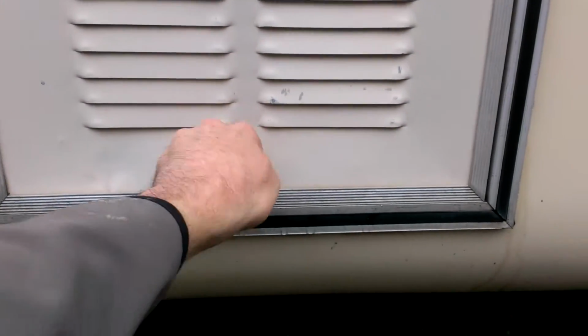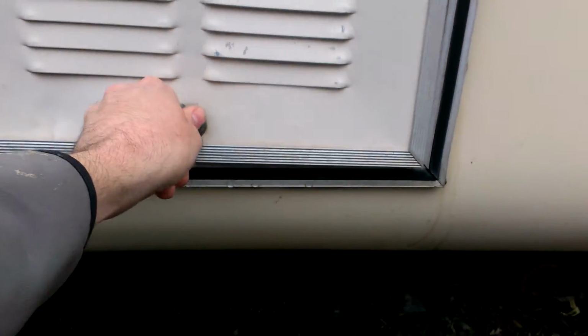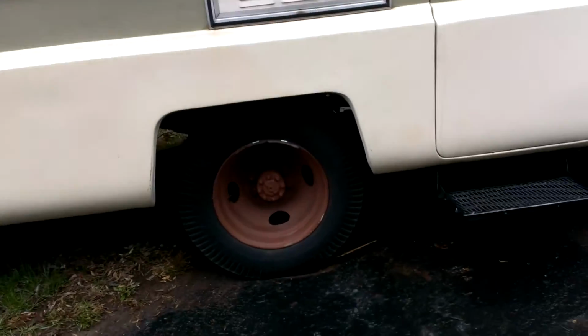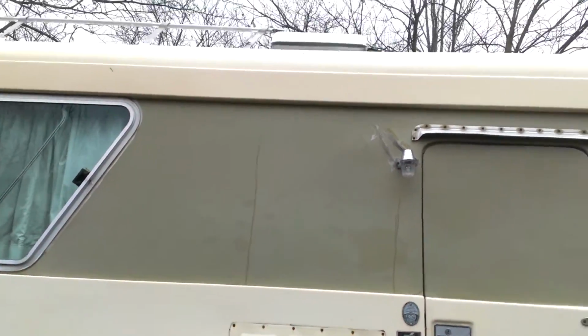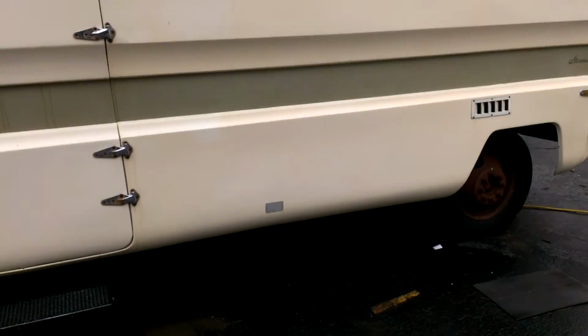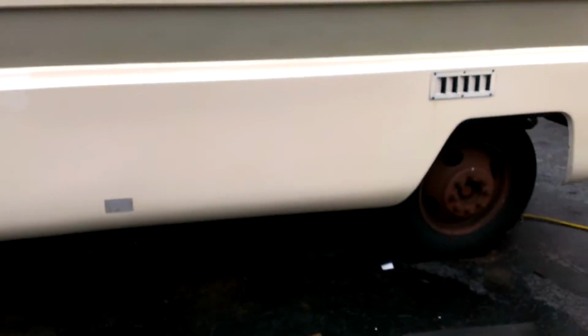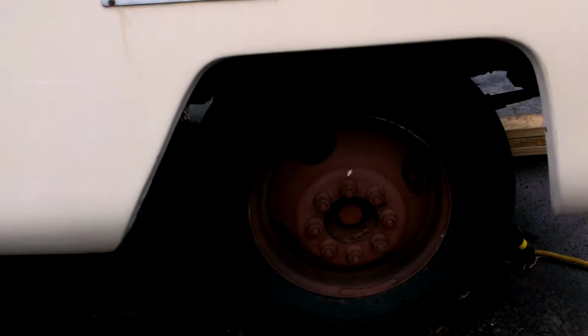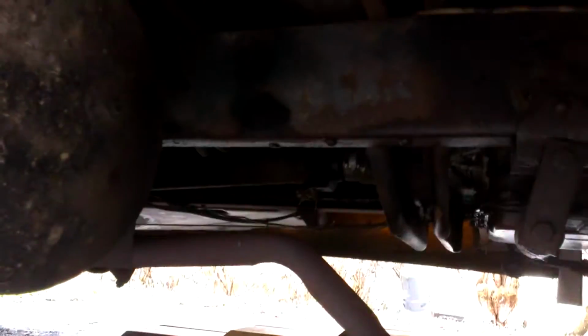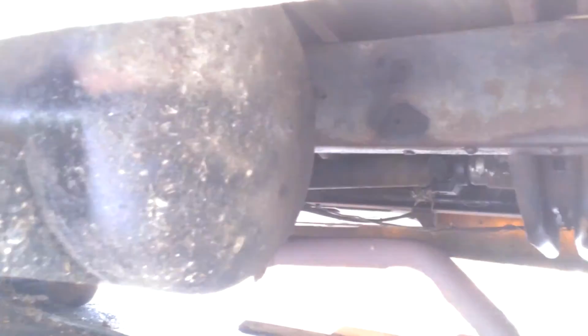It does run. Tank has to have, I believe, 20% of fuel for it to actually pump through the line to get to the generator. And there's definitely not that much in there, but it does run. I've actually started it several times this winter before I ran low on fuel. I think last time I started it was in December. Frame does have surface rust on it, but it's extremely thick steel, so